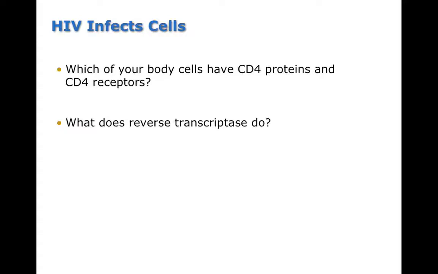Dendritic cells are also CD4 positive. That's also not good, because those are the ones that crawl around in your epithelial tissues. And that would be the first cell that's going to be infected by HIV, because if you have a wound or something, and HIV encounters one of those dendritic cells, well, it can infect that dendritic cell. But dendritic cells are mobile. They can move around your body. They can move from skin to lymph nodes and that kind of stuff. And so they can bring the HIV virus deeper in the body,